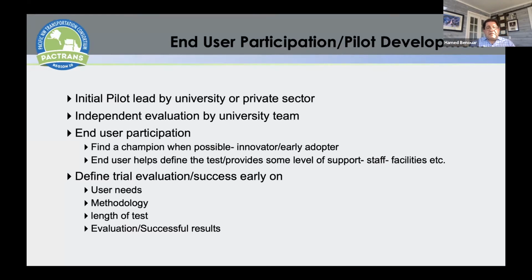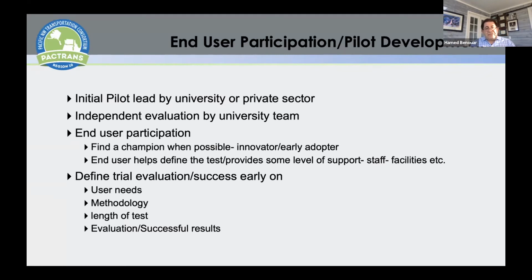But what the ecosystem also provides is an independent evaluation by a university team, which is very important. And defining the trial early on is very, very important, not just for the university and government working together, but even later when companies do business development, working with the end user